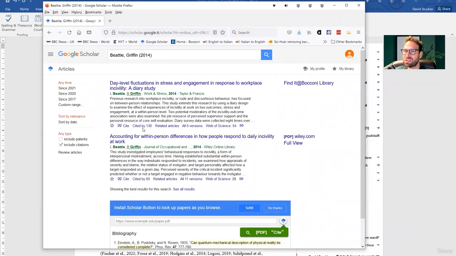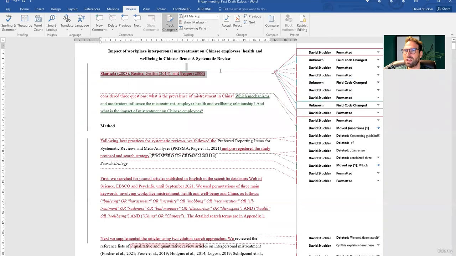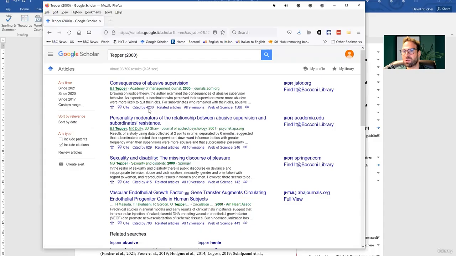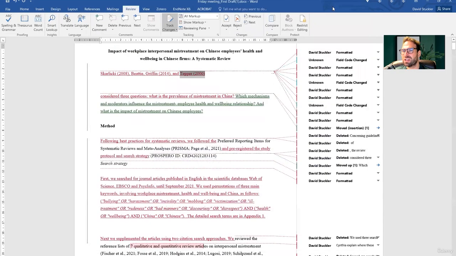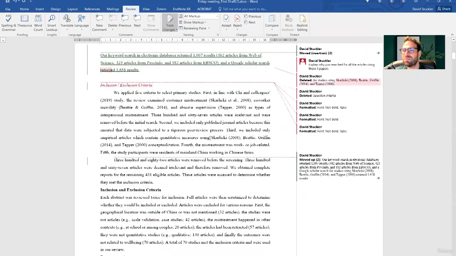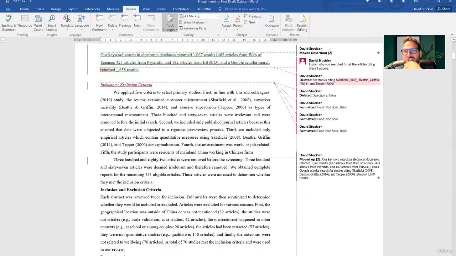And I still don't get where you're getting these 1560, because this has 136, that has 462, and this has 4,230, but still I'm not replicating your numbers. Maybe you used this study instead, but it doesn't look like it because it's 2000. So I don't even get your number from the citation, 1658. I'm not able to replicate, Cynthia, your number of citations for these papers.